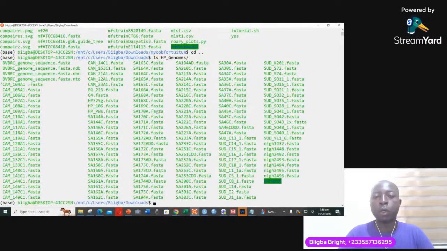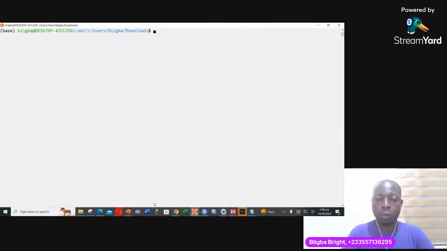You see, there are genomes which are there, but I cannot work on this. So I want to copy it onto a remote computer. And I've already connected myself to that remote computer. So now I just want to clear my screen. Then I'll come here. The easiest way to do this is that once you are copying to a remote computer,